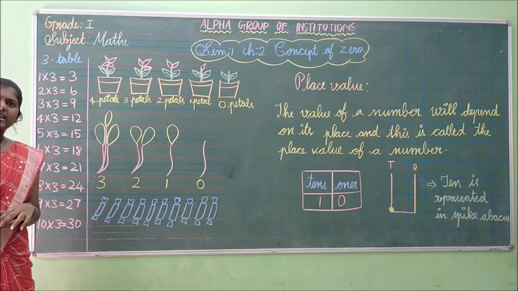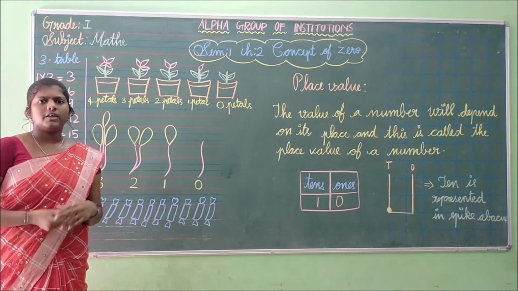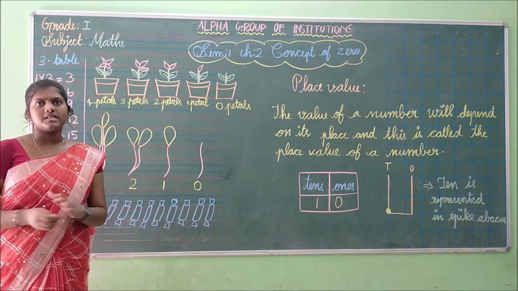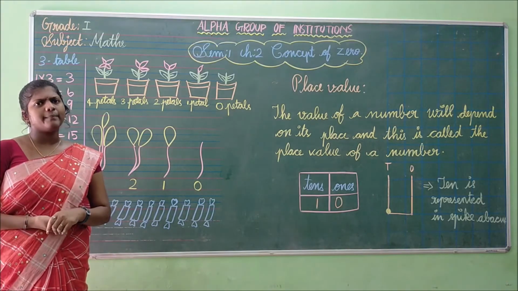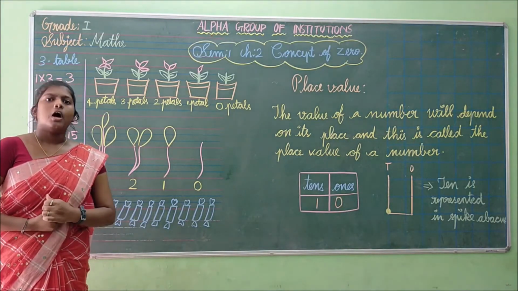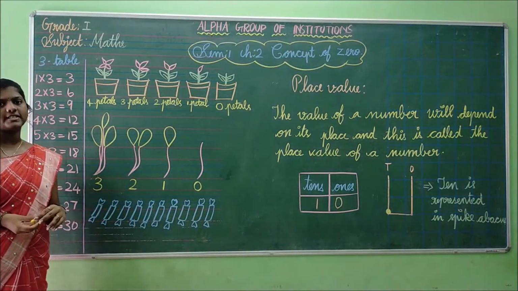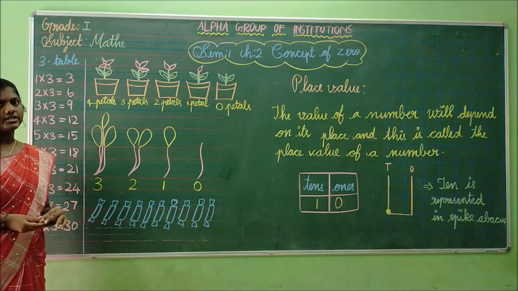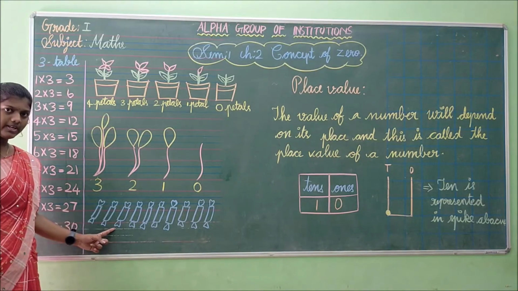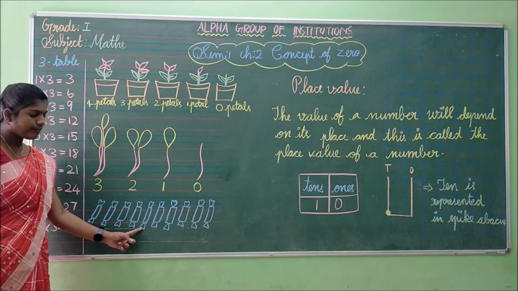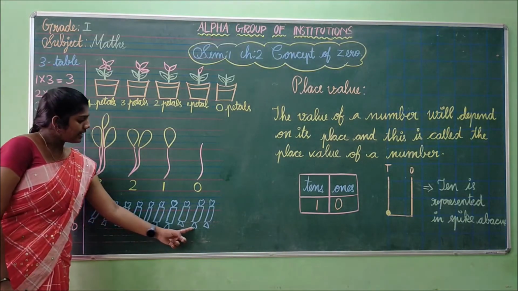Okay. In the last class, we learned numbers from 1 to 9. If we are given any objects, we can count from 1 to 9. After 9, what will come? Do you have any idea? Okay, shall we count it right now? See here we have a number of chocolates. So I am going to count these chocolates. Count with me. 1, 2, 3, 4, 5, 6, 7, 8, 9.